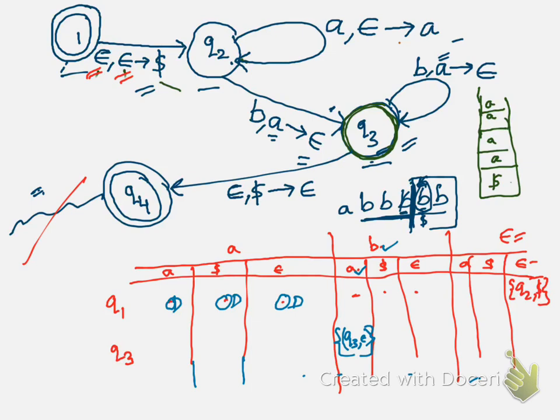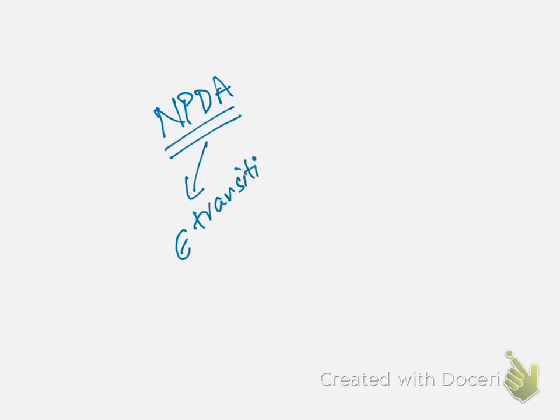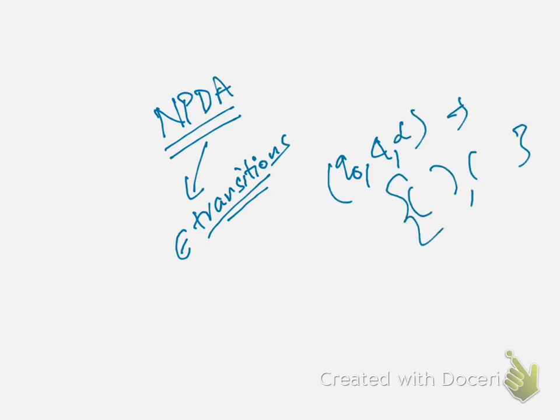In this example, we have seen how to design a non-deterministic PDA, but the only part of non-determinism which we considered was the epsilon transitions. So how do we deal with epsilon transitions for your input alphabet as well as your stack? We didn't deal with a case where, for a given input and a given stack symbol, you can take more than one path. So next we will see an example in which we will have certain non-deterministic transitions in the sense that you can go on more than one path.